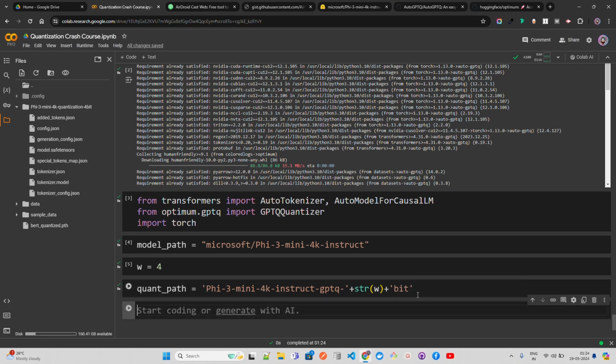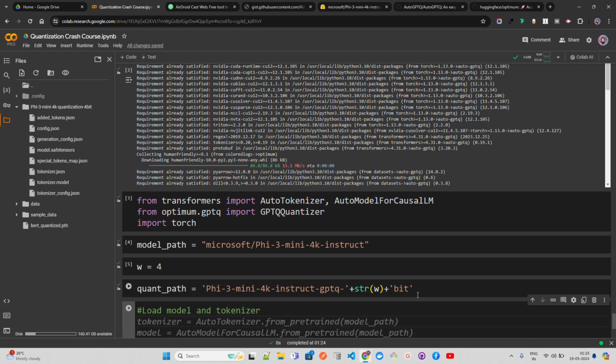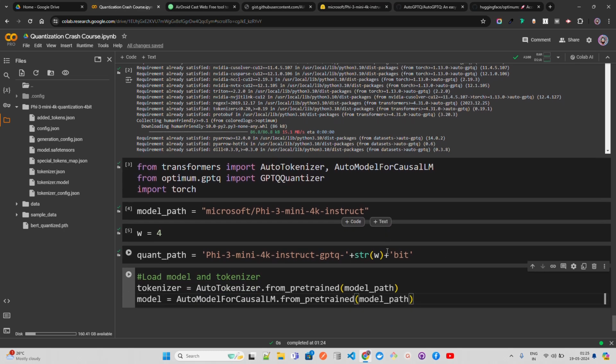Now next I'm going to load the model and tokenizer. So let me just write load model and tokenizer. Okay, now here I'm going to define the tokenizer, AutoTokenizer.from_pretrained with the model path, and you can use some params like use_fast. I'm going to do use_fast equals True, and you can do trust_remote_code and keep it True.